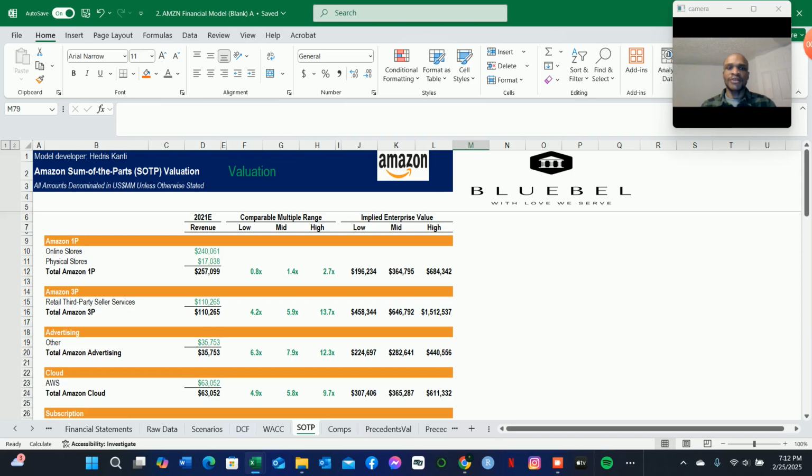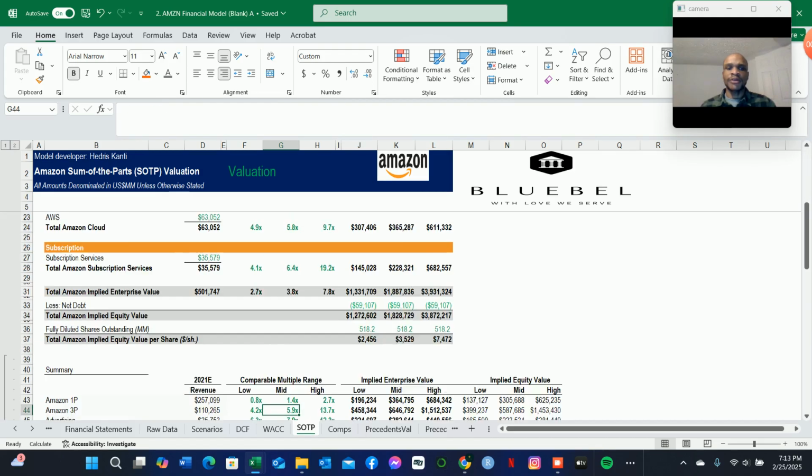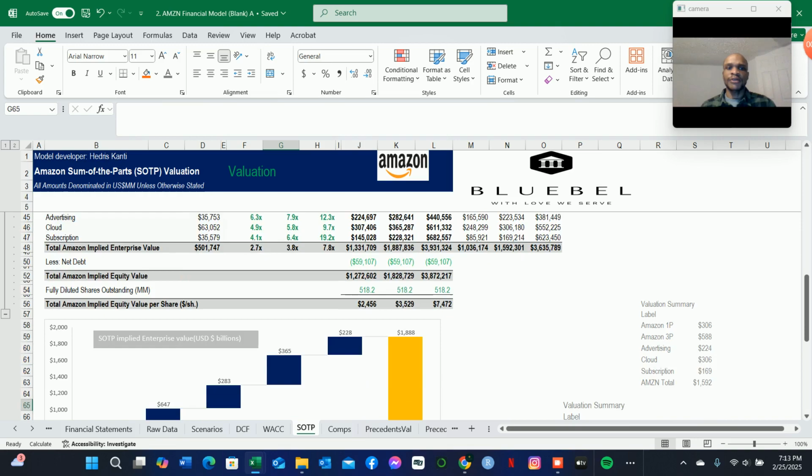We can use the revenue for any year, but in this case we chose the year 2021 to determine the implied enterprise value of Amazon based on the revenue generated by each business segment and the current trading multiples based on our comps analysis. So now we have been able to model all of these,